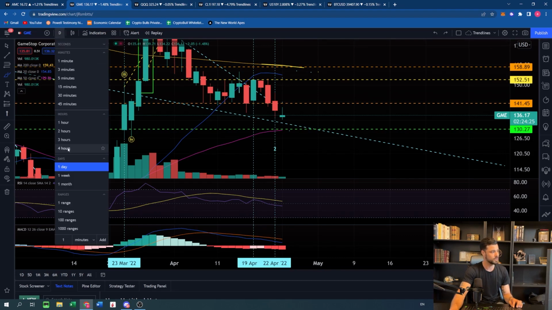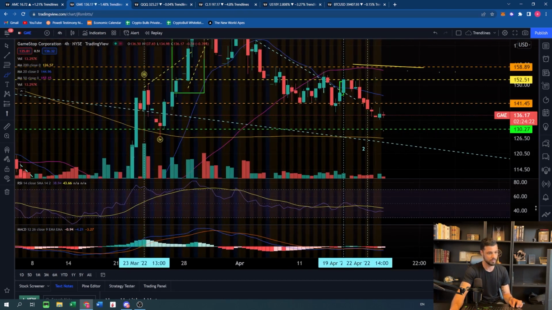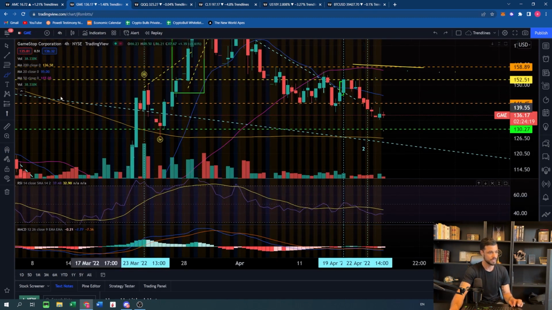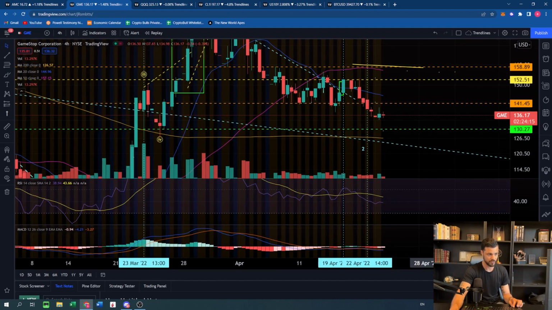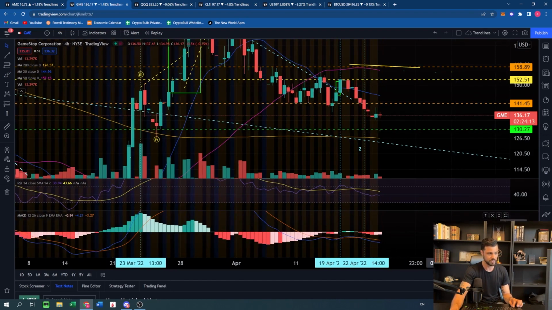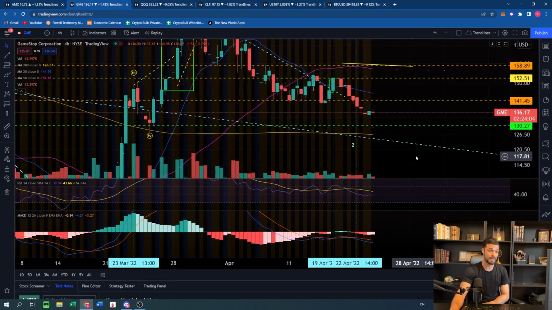Let's zoom in a little bit and do the same exercise as we did for AMC. What is the momentum telling us? So here you can see that we don't have this bullish divergence taking place. So for the first time, AMC is having better signals than GME, but you guys know why. It's because GME is stronger in the whole correction that we had for the past month. And AMC is still trading at a discount compared to GME. So maybe AMC bottomed before and now maybe GME is going to catch up.